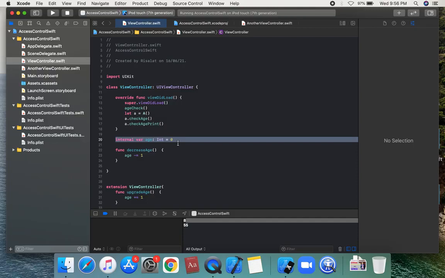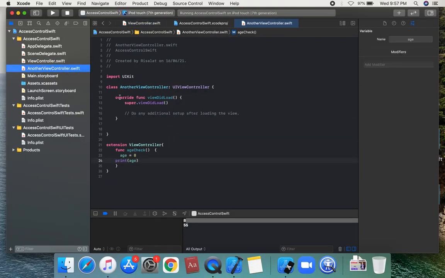You typically use internal access when defining a framework's internal structure. If we declare any property as internal inside a class, then it would be usable in the whole module.